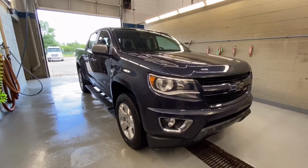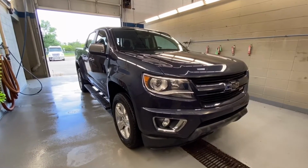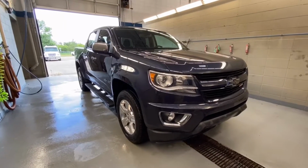We're located at 10109 89th Ave in Fort Saskatchewan, Alberta, just outside of Edmonton, Alberta. We are looking at a 2018 Chevrolet Colorado 4-wheel drive Z71 Crew Cab Centennial Edition, which gives you the Centennial blue